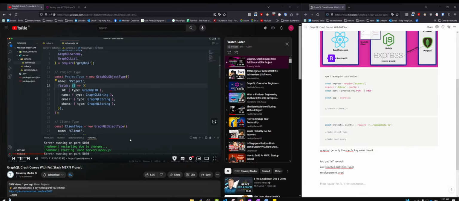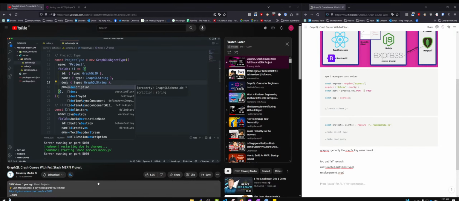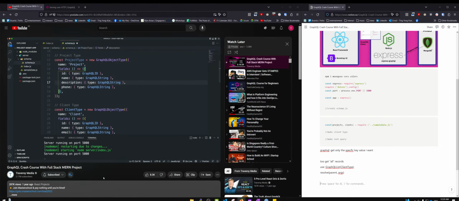And then as far as the fields, we are going to have an ID. We are going to have a name. We're not going to have an email for a project, but we're going to have a description, which is going to be a string. So we'll just change